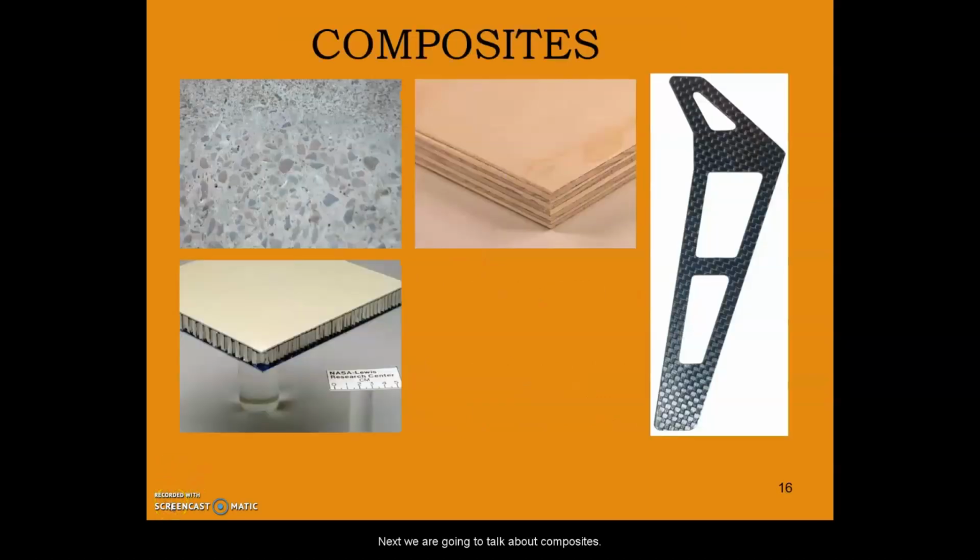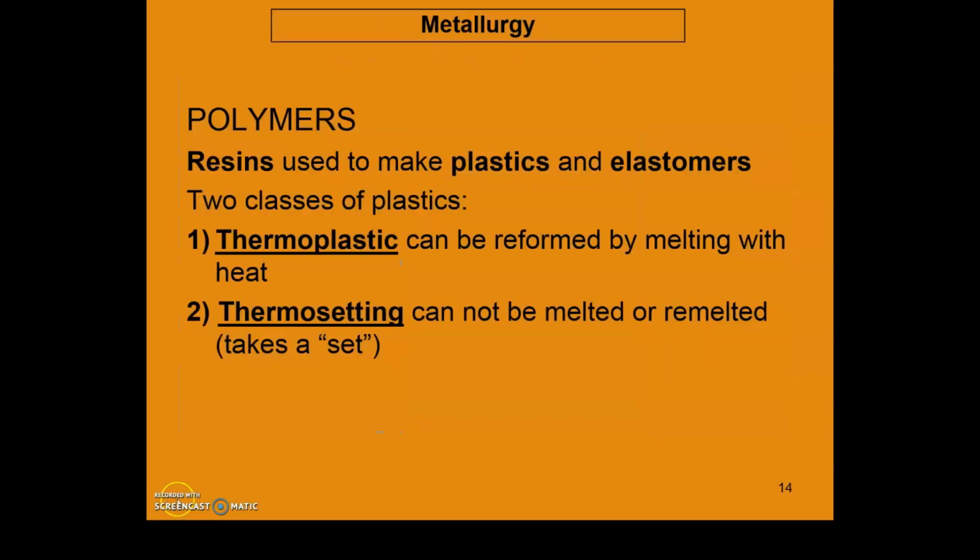Next, we're going to talk about composites. Now, composites cover a wide range of engineering materials. We could spend a whole semester talking about all the composites out there, but we're just going to go over a few of them. A polymeric solid can be thought of as a material that contains many chemically bonded parts or units, which themselves are bonded together to form a solid. The word polymer literally means many mers, or many parts. Two industrially important polymeric materials are plastics and elastomers.